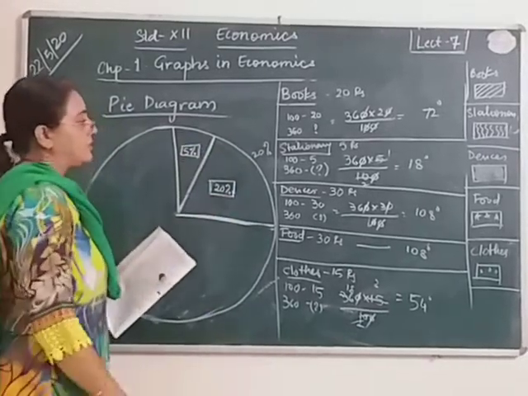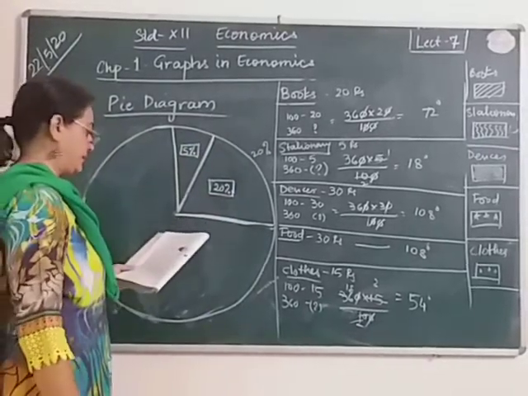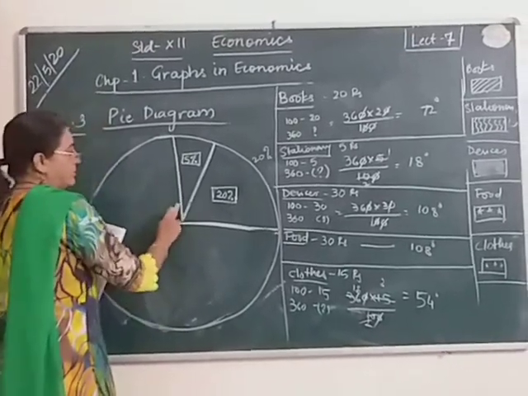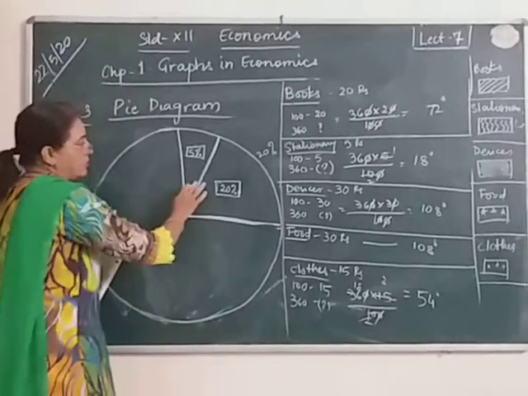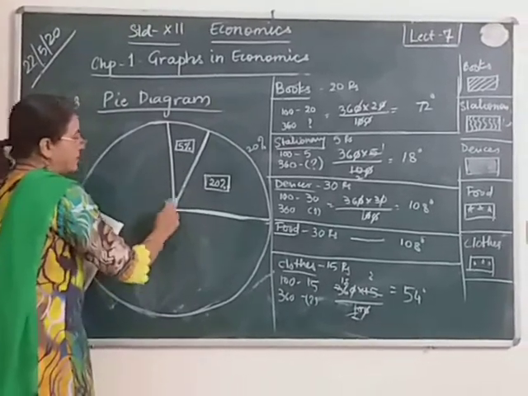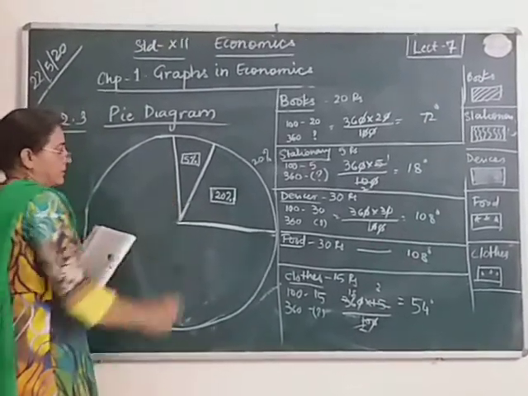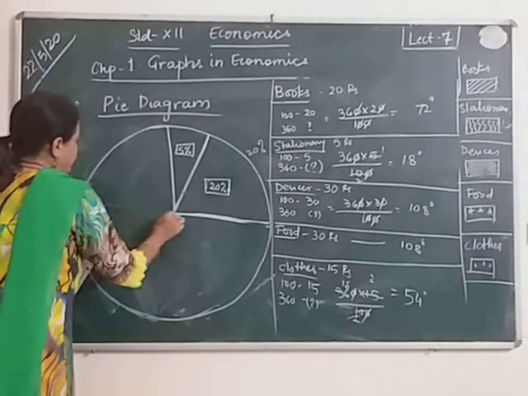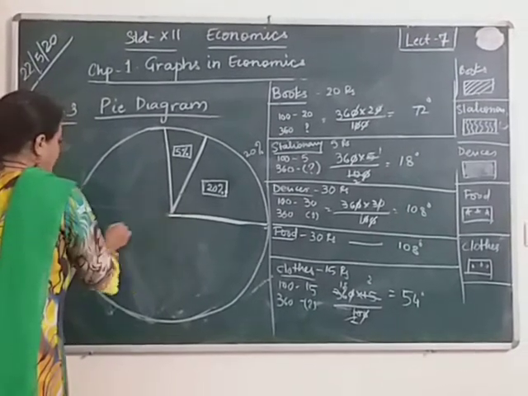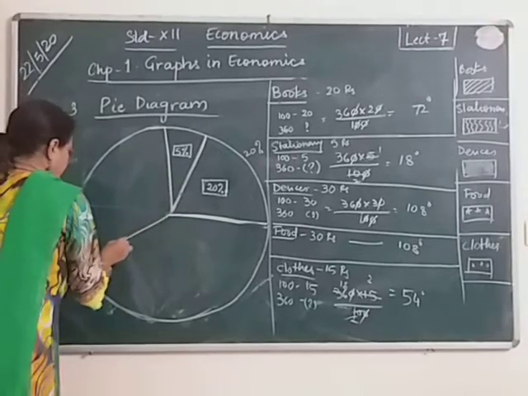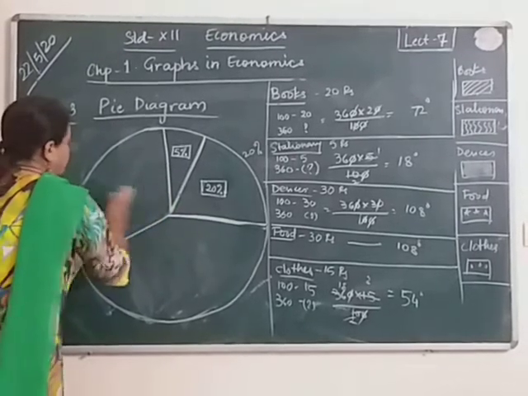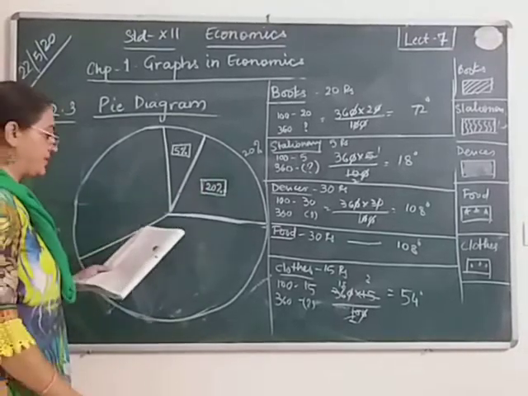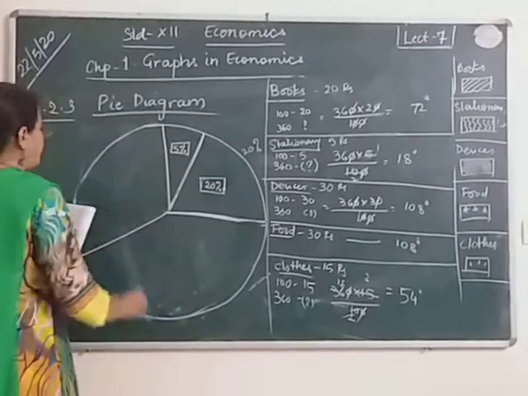Then the next is 108 degrees. Now 108 degrees, you can take any one, you can take this as a radius or this. This is an in-between thing, so that has not to be taken as radius. You can take this or this. Suppose I am taking this, so 108. Now this is 90 degrees, it will be this much, and suppose 100 will be somewhere here. The 108 will be this much. Now this is 108 degrees. What is this? Devices. For devices, 30%.